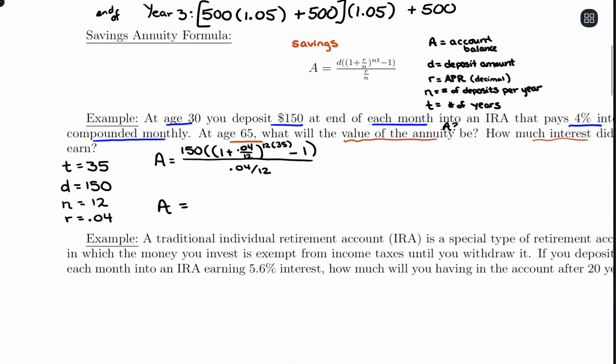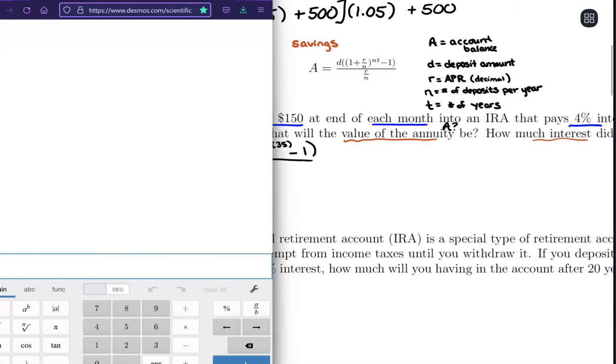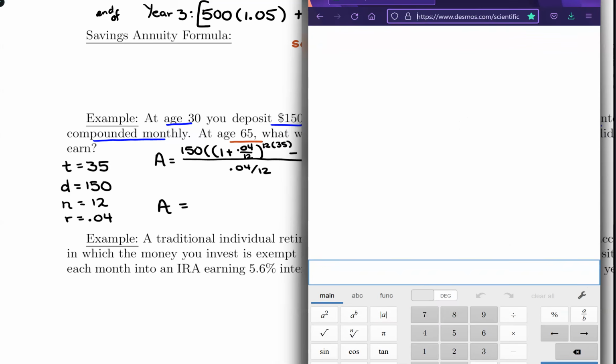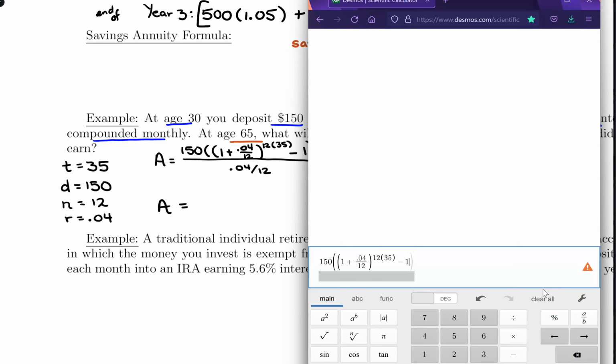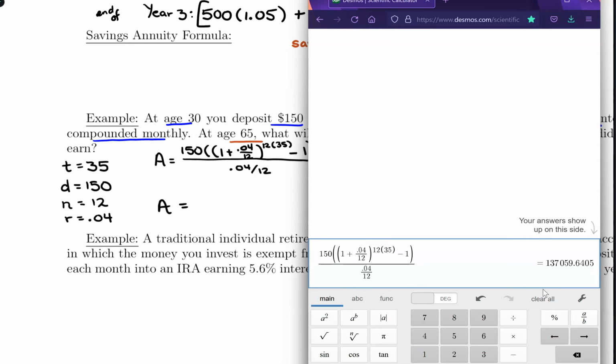So really, I'm going to copy it how I've written it on the paper there. So in the scientific calculator, I'm going to separate my numerator and denominator. And I'll have 150, two sets of parentheses, 1 plus 0.04 over 12. Close those parentheses, and then in the exponent, 12 times 35. And then getting out of that exponent, we'll have a minus 1, and then close those parentheses. All over, so down in the denominator, I'm going to have 0.04 divided by 12. So I can see